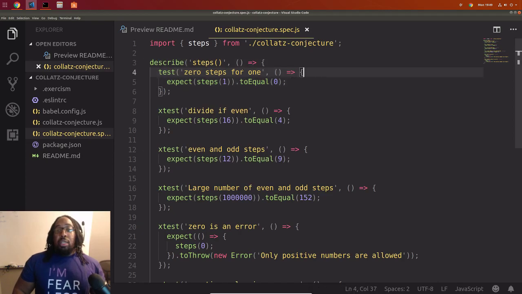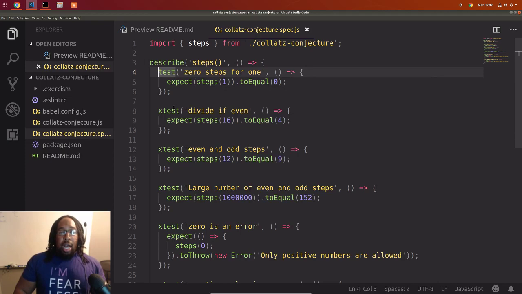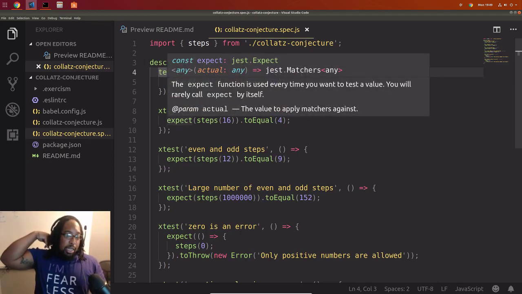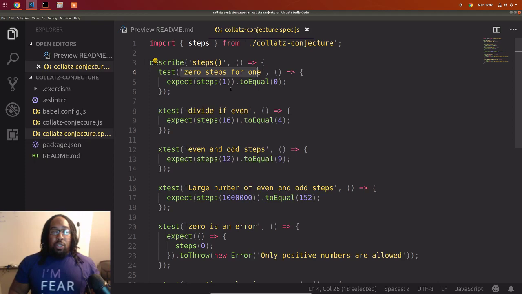So it's pretty cool. So we've got this test here, this describe function here, and then we've got these tests. Just a quick way to read these is everything that's a test is a test case in here, and it gives a description. So it's saying, hey, I want you to test that there are 0 steps when 1 is passed in. That's a description. Description can be whatever you want it to be. This is a string. Try to remember anything in quotes is a string. And a string is just a list of characters all together.